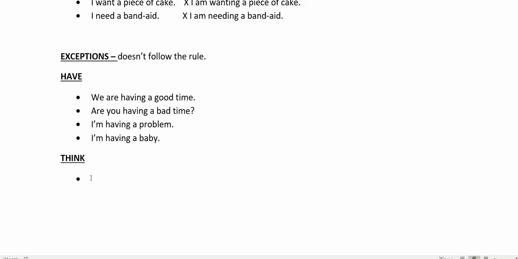But if think is followed by about, you can use it in the progressive. Because if you notice, you're not giving your opinion, you're doing something. When it's followed by about, you're doing something. So I could say, I think about